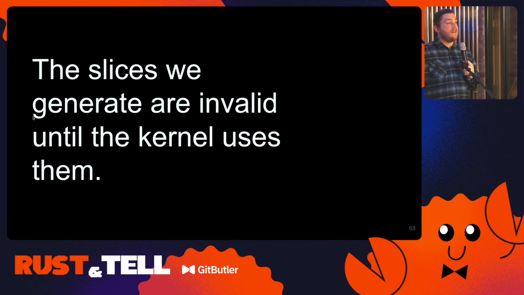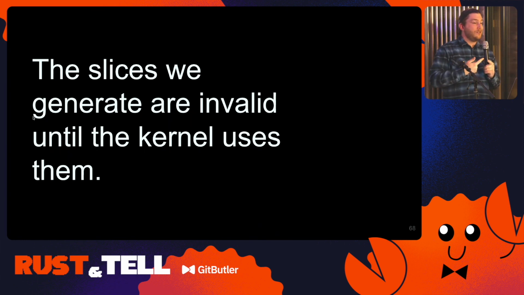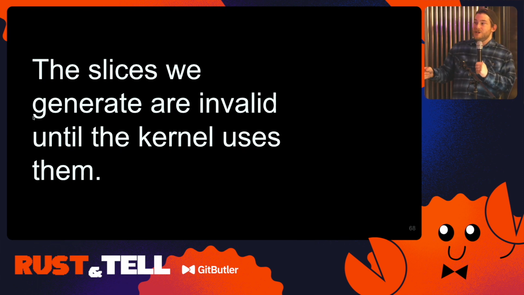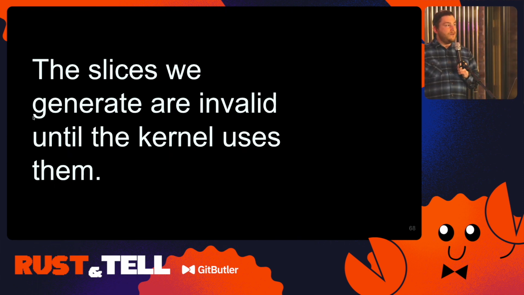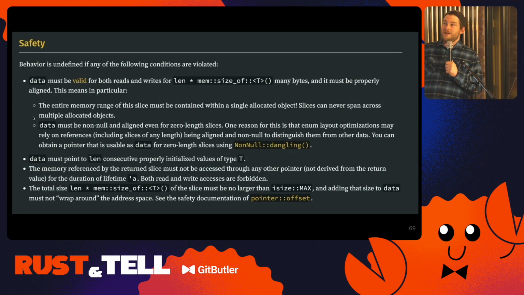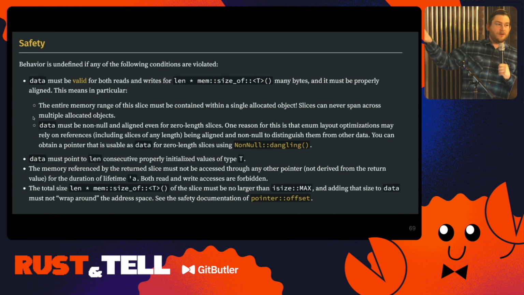And that pointer has to be valid when we switch to the kernel, right? Or else it's undefined behavior, or else you'll just get garbage back, or you might get a seg fault, or if you have seg faults, it can get very complicated, right? So if we're not careful about how we use these slices, we can incur undefined behavior, and the guarantees that Rust gives you in normally safe code fly out the window, right? So there's a whole section on what's valid for Rust slices. I'm going to talk briefly about these, but these are in the docs. If you go to the slice module, you can read this yourself.